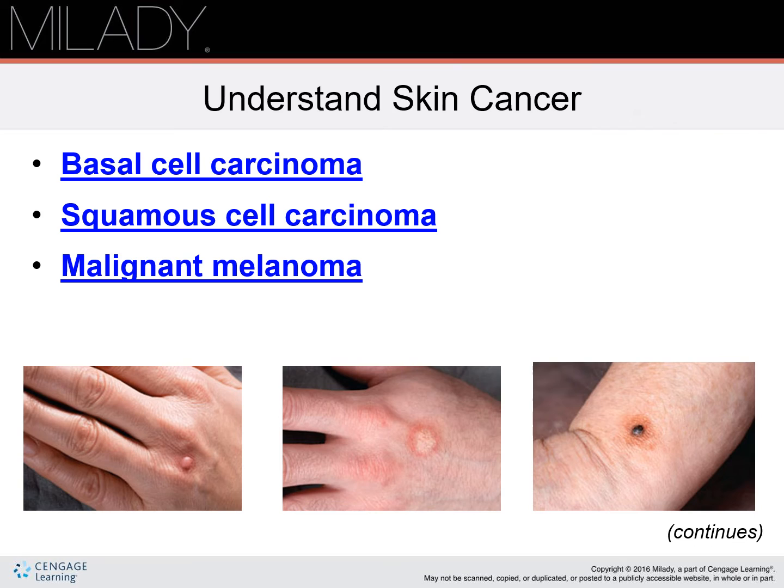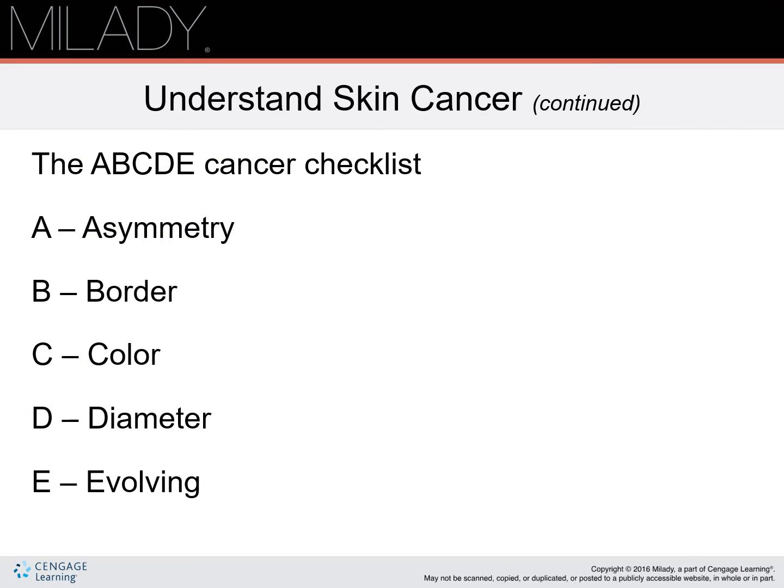For early detection of these skin cancers, cosmetologists, like I just said, serve a unique role by being able to recognize the appearance of a serious skin disorder and referring the client to a dermatologist for diagnosis and treatment. The ABCDE cancer checklist. So let's talk about this. When checking existing moles, look for changes in these areas. If changes in any of these areas are noted, consult a physician. For more information, contact the American Cancer Society at